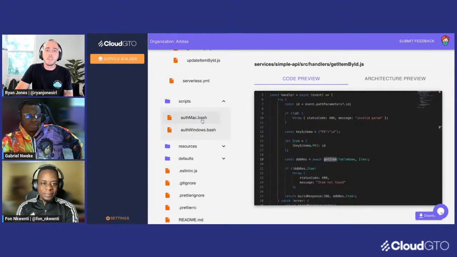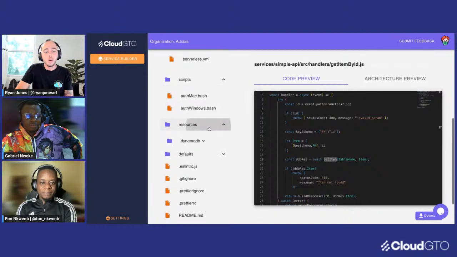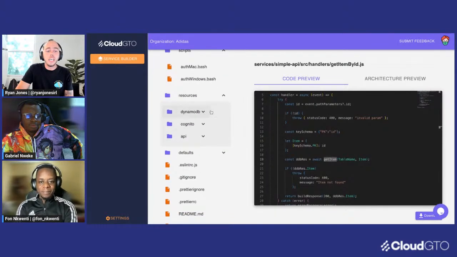We have one for auth Mac. In the future, this may be a JavaScript file. It may be put into a CLI for CloudGTO. It completely depends. We have a resources folder here. Each one of these is segmented by a different resource type. So here we have DynamoDB, we have Cognito, and we have what we would call our root REST API. So for DynamoDB specifically,